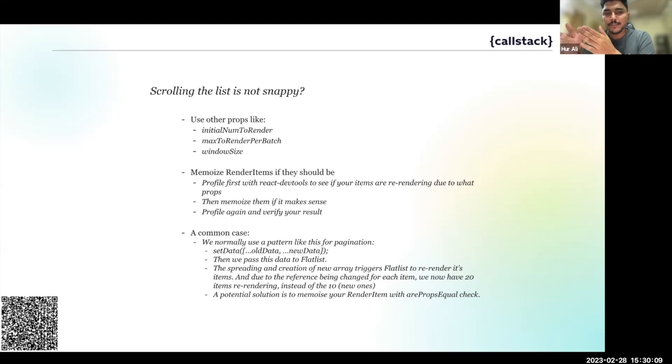Last thing is the window size. By default, the window size is basically, sorry. So if this is my phone, and one phone screen accounts for the one, right? By default the window size is 21, which means 21 screens of the phone. So 10 in between